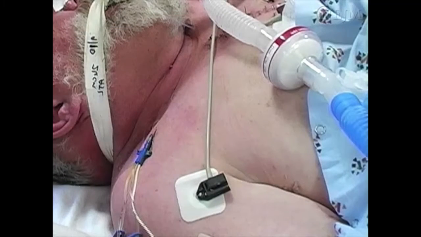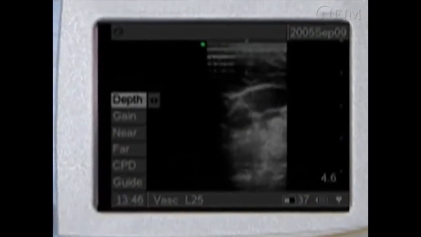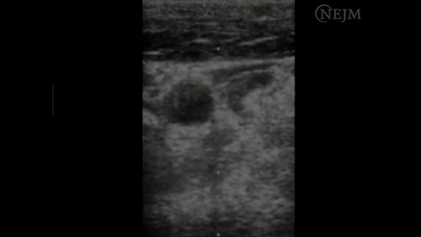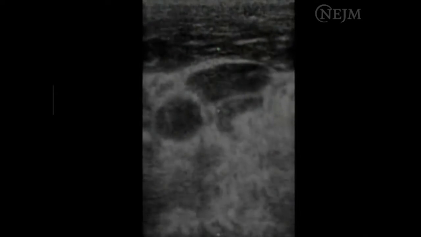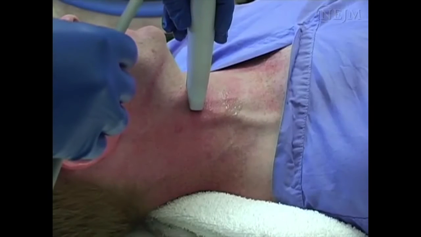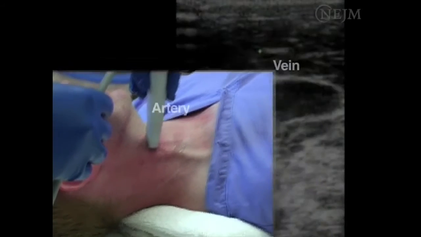Following these landmarks can be challenging in the obese patient. Ultrasonographic guidance is becoming the standard of care in the placement of a central line. It can help to illustrate aberrations in the anatomy, facilitate rapid placement of the central line, and decrease the risk of inadvertent arterial puncture. To identify landmarks with the use of ultrasonography, the probe is placed directly on the needle